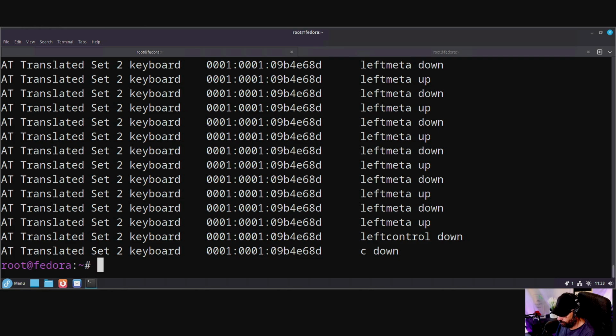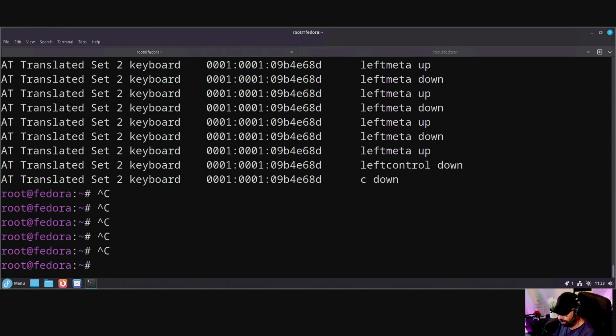So let's see what happens if I do Control C. Control C, it's this. If I do left meta C, it does nothing. Okay, cool. Now what do you do? Copy this. Okay, let's copy this. And now you need to go to, check my notes here,